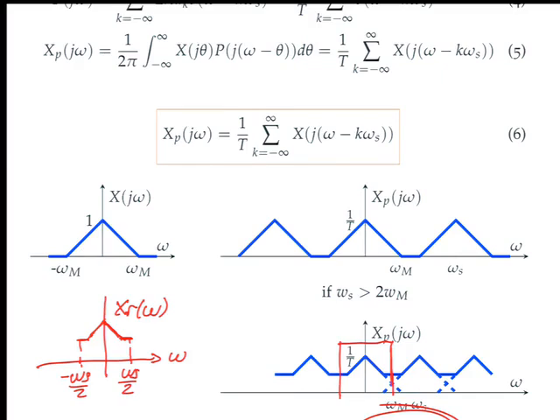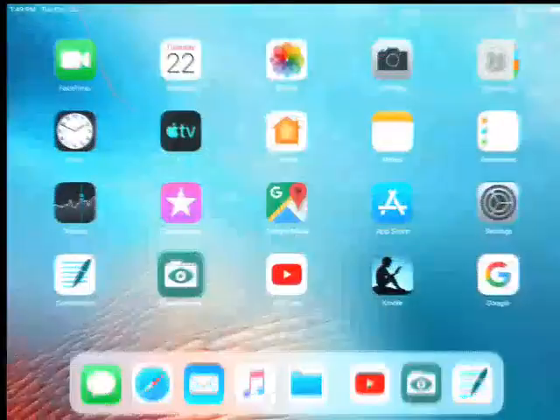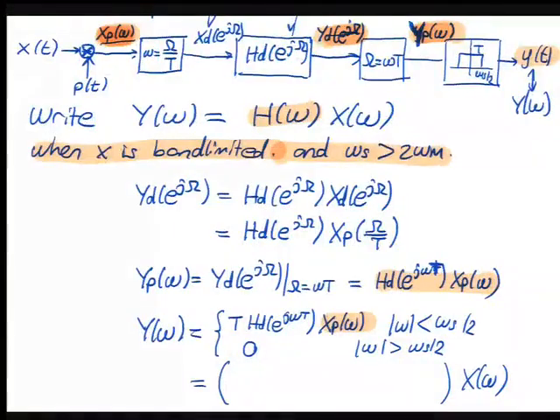So just from this picture, I can go back to the notes and say, look, this xp, when restricted to this frequency band, is nothing but x because of this assumption and the band limited assumption. So these two come into play here. Under these conditions, I'm highlighting them 10 times because that's very important. Under those two, I can write xp as 1 over T